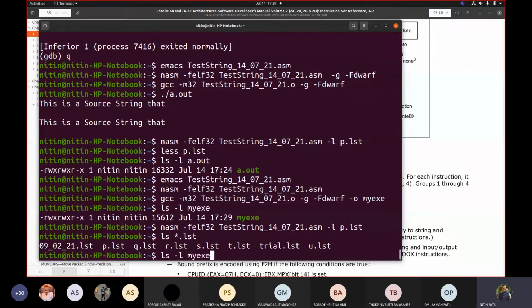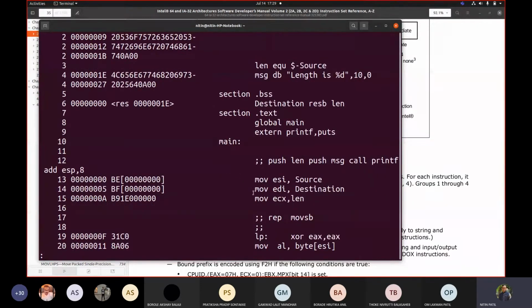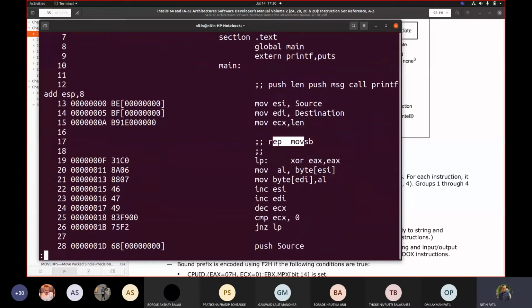If you recall, we saw only 2 bytes there, correct? In this case, whatever 2 bytes were added earlier for this repeat movsb, now see how many bytes are added. 1, 2, 3, 4, 5, 6, 7, 8, 9, 10, 11, 12, 13, 14. So an extra 12 bytes are added by us.